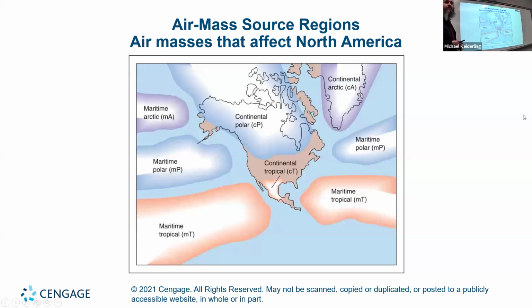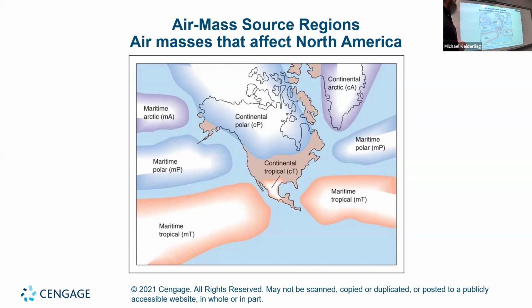So here are some of the air masses that interact with the US. We have continental tropical air masses coming up from Mexico, maritime tropical coming up from the Gulf of Mexico and the Southern Atlantic and Southern Pacific, maritime polar coming in from the Northern Pacific, continental polar coming down from Canada, continental Arctic coming down from Greenland and the most northern parts of Canada, and in theory, you could have maritime Arctic hitting Alaska,